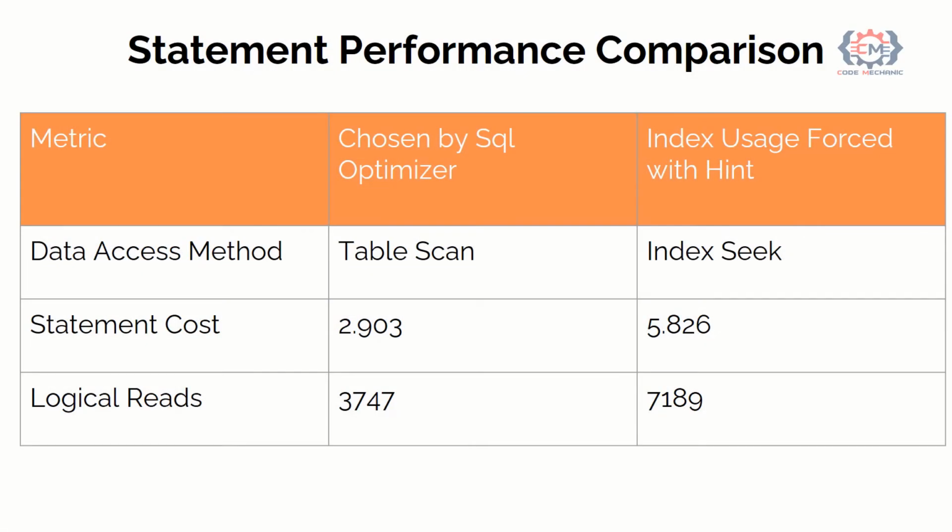I did run both versions of this query prior to recording, one without the hint and one with the hint, so I could summarize the stats and show them to you, which I am doing here. What you can see is that by forcing SQL Server to use the index, it is indeed more expensive. What this is driven by is the fact that just having the index on the state column is not selective enough. So if we force SQL Server to use the index, it is actually having to read and process more data than if it just reads the entire table directly.